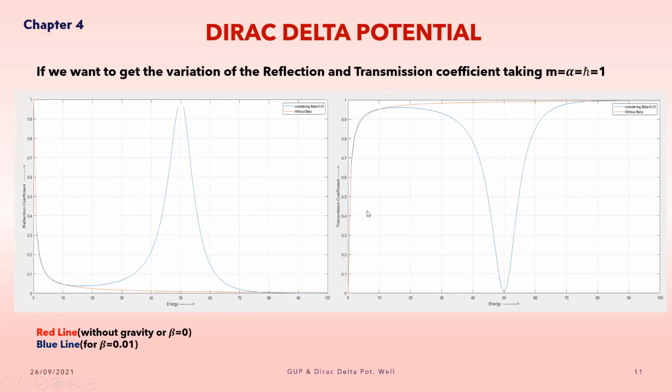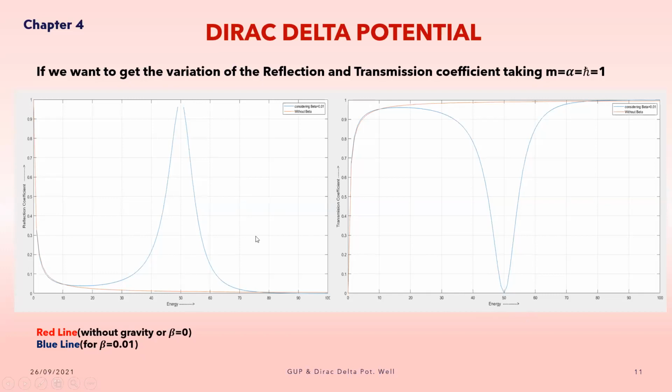This is the reflection coefficient plot, and this is the transmission coefficient plot with energy. And if you see the red line, this red line is basically the unmodified case using no gravity, and if we use the gravity term beta equals 0.01, then we can find this drastic change in the reflection coefficient as well as the transmission coefficient. Now we are starting to make a physical representation of this change, but as a conclusion we can say that if we use the gravity term as 0.01,